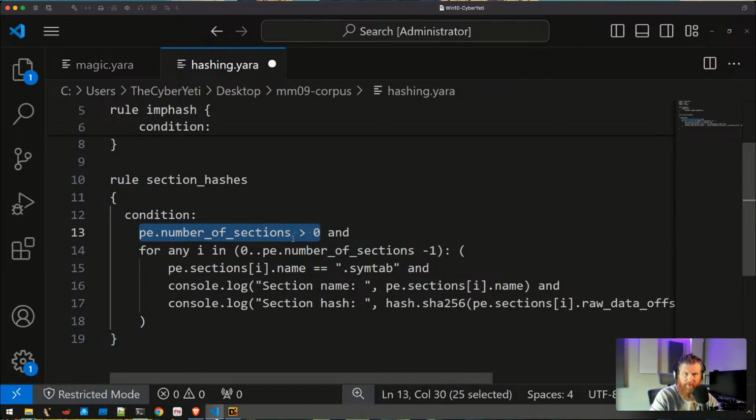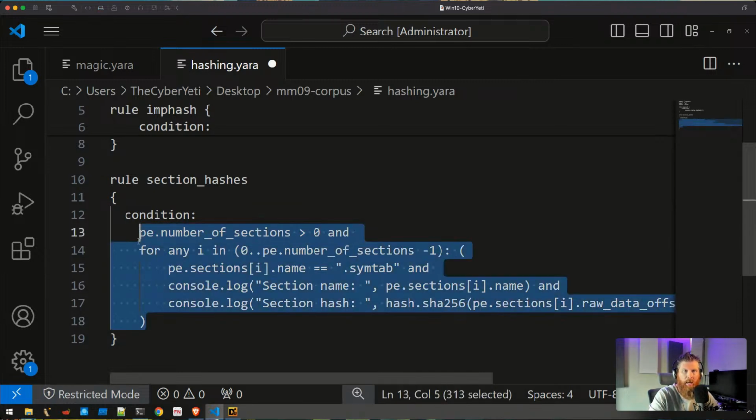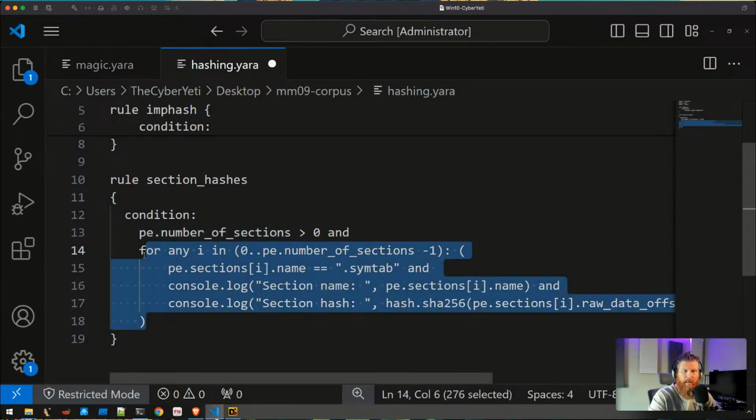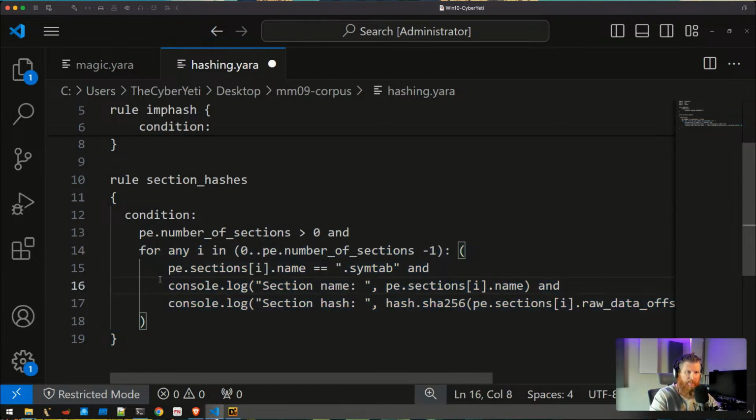Do you want to make sure it's a PE file? Do you want to make sure it has a number of sections? The things that you might want to check before you start doing the more expensive checks. And if you weren't familiar, inside a condition there really is no such thing as an order of precedence here. YARA starts to evaluate conditions left to right, so the things that are most likely to be false should be put first. And that can help performance. The things that are more expensive, we put right. Now, if I'm just running this on a small set of samples in my analysis VM, I don't really care. If I'm taking this rule though and I'm deploying it to a production setting and it's going to run against thousands of samples daily, then I care.